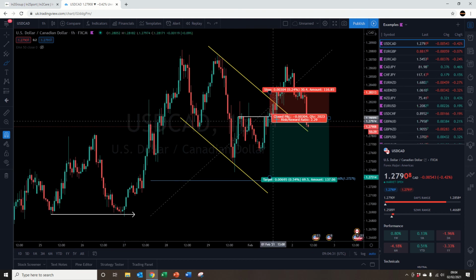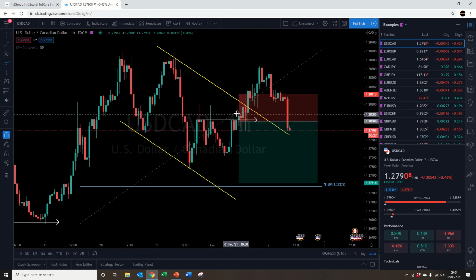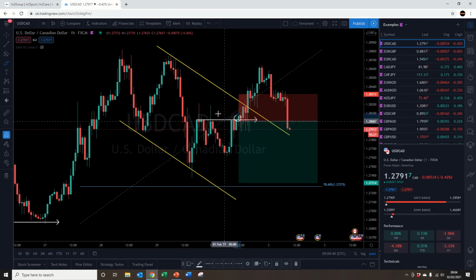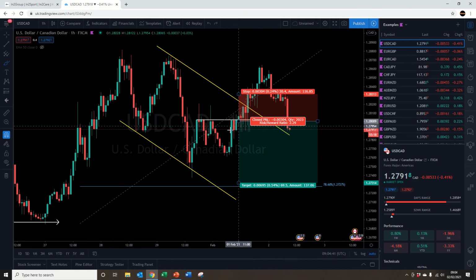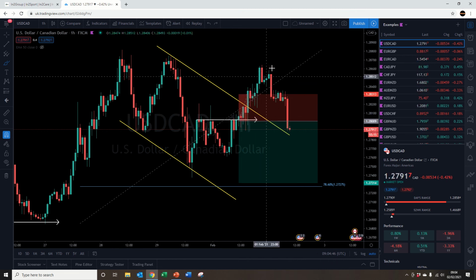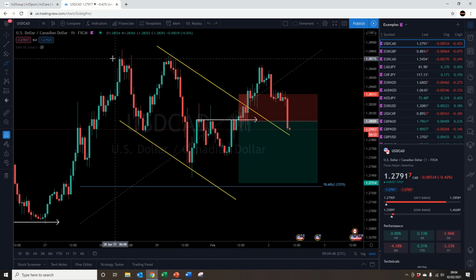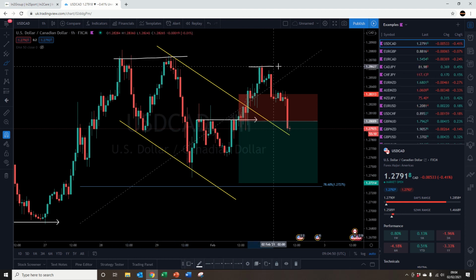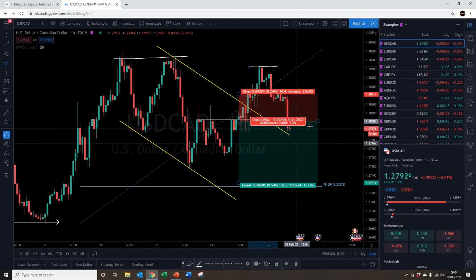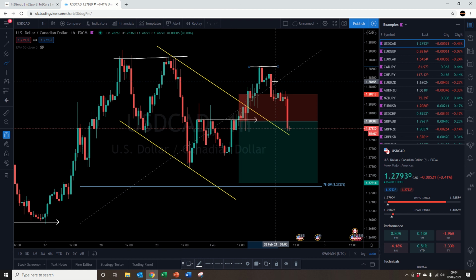Unfortunately, I should have closed when this candle closed, a body close above this area, because that would have been confirmation that price was going to push that little bit higher. As you can see, it pushed quite a lot higher, but it didn't break these highs here, and now we pushed down, and we would have been in profit. Not the best start to the month, but let's see what today brings.